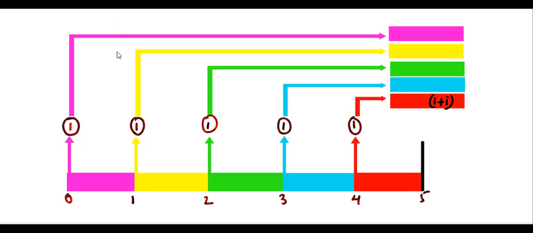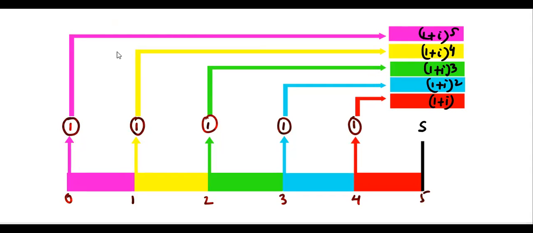This is 1 plus i. This is 1 plus i squared. This one is 1 plus i to the power 3. This one is 1 plus i to the power 4. This one is 1 plus i to the power 5. And you have to add everything. And the term here will be